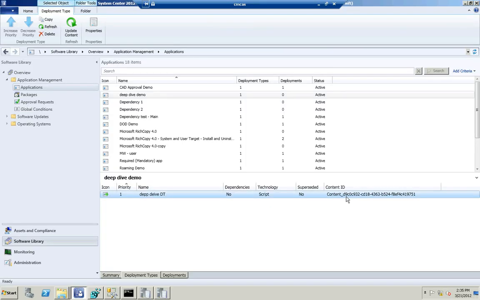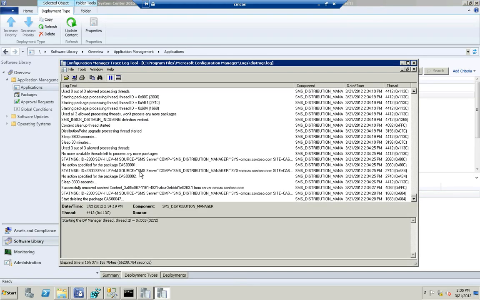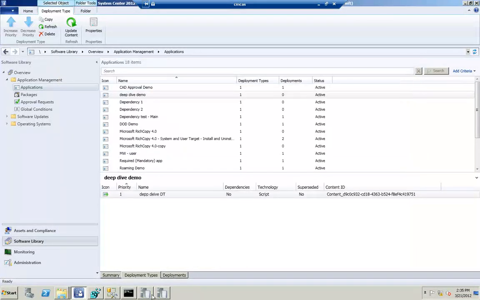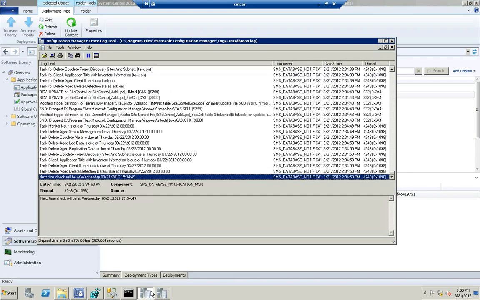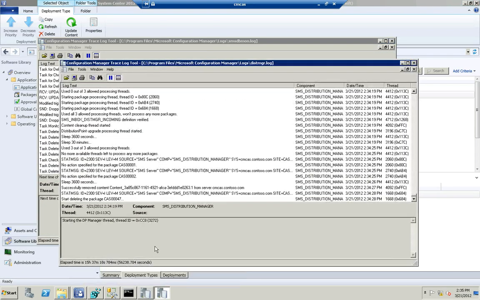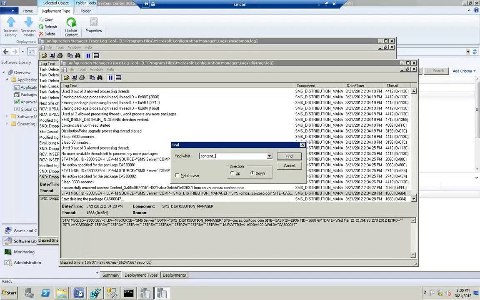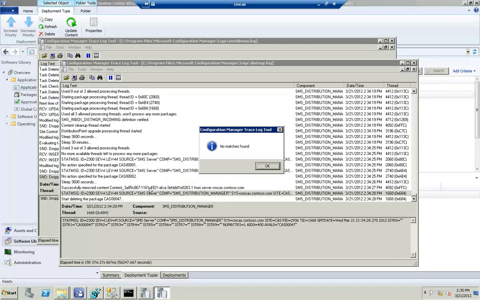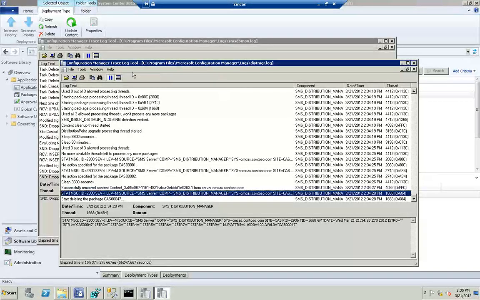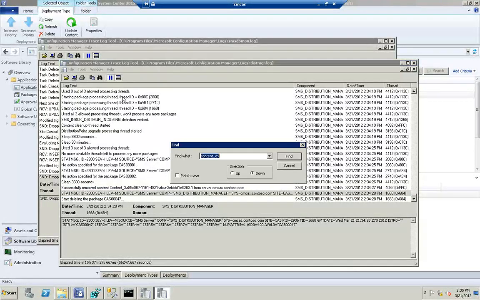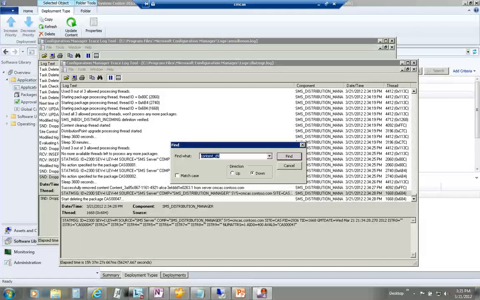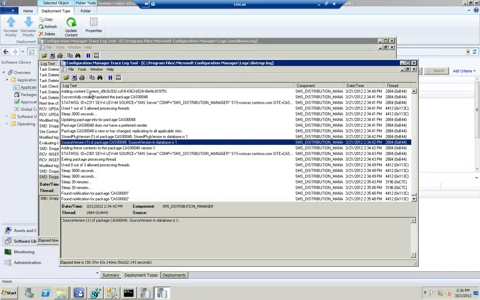There we go, content D9C0. So if we go back to the logs, we'll see D9C0. Let's see. I think, where's Distribution Manager? D9, let's look for it. Well, hang on. There it is. It took me a second to find it, but right here, adding contents,